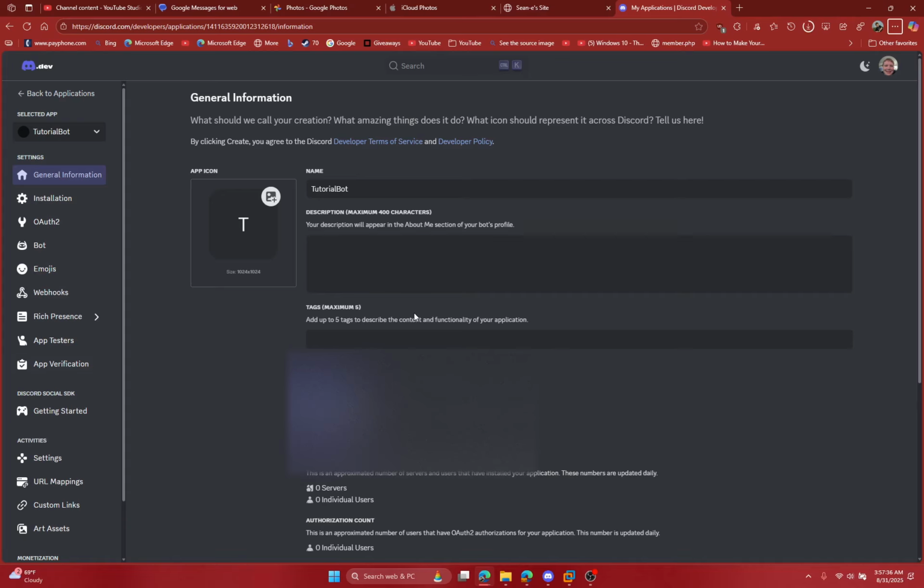Now we'll go over some of these settings in a later video, but for this video we'll just go over how to add the bot. So you'll go over to OAuth2,